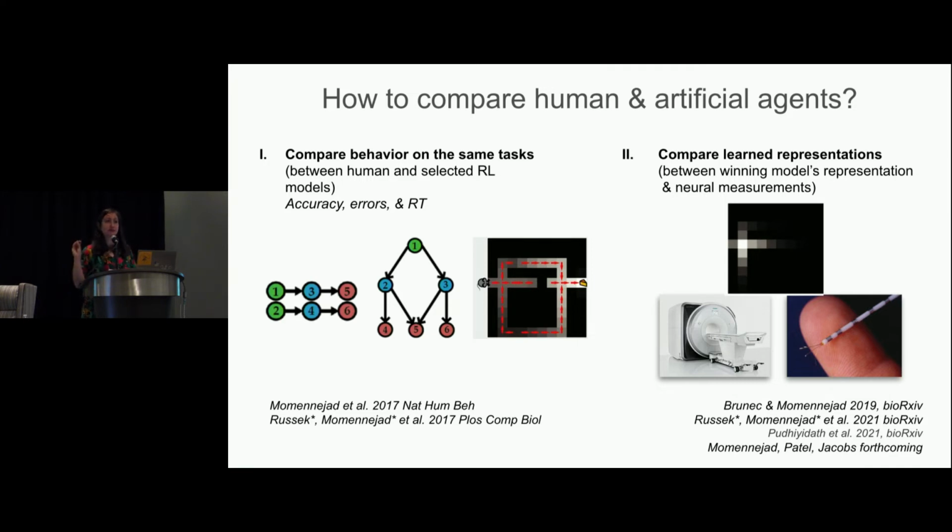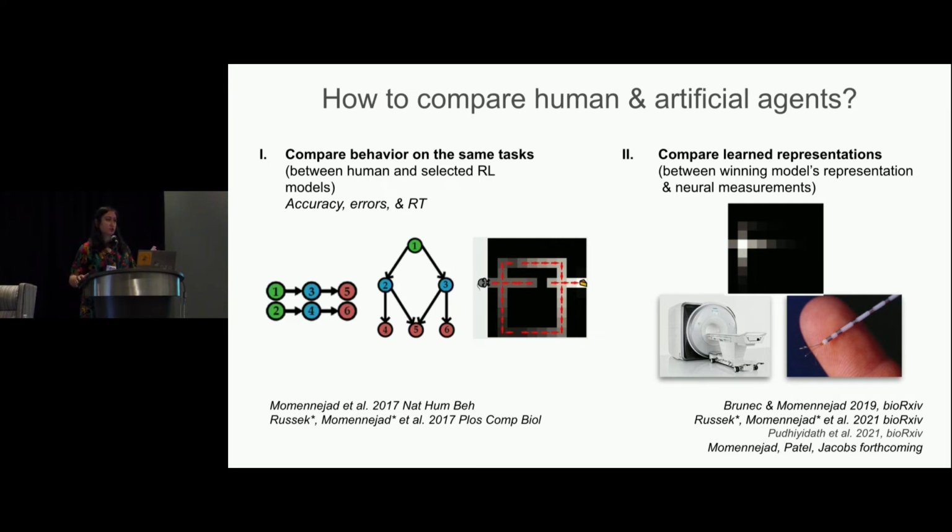This is very important, and this is a flaw in some of the studies that I think we need to look critically at, where they are not actually comparing models on the same task. They are changing the task when they're comparing different measures, and that's a dangerous pitfall because it could seem like a particular approach works, but it might not really work. And once you have accuracies, errors, and reaction times, then you can have some of those agents or models performing better than others, and then you can take them to test them in terms of their representations.